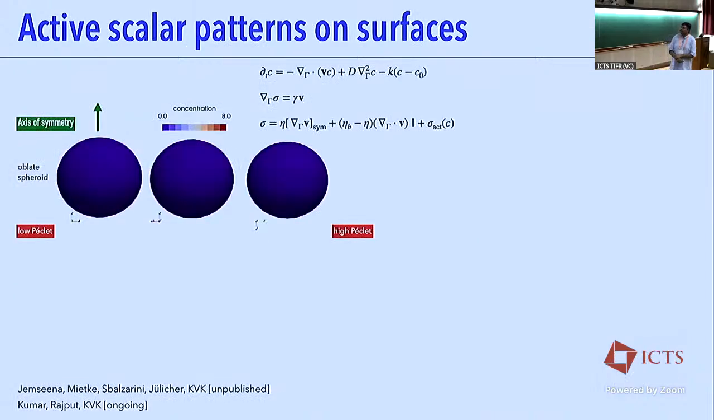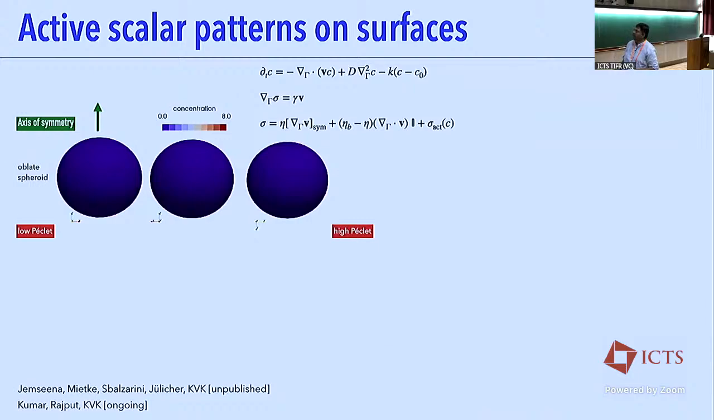Now, what's the use? I'll take my model, I'll write this on arbitrary surfaces, and now I'll ask, how does the geometry of the surface matter for the patterns? The simplest deviation from a sphere is spheroids. So this is an oblate spheroid, so the axis of symmetry is the vertical axis, so it's azimuthally symmetric about